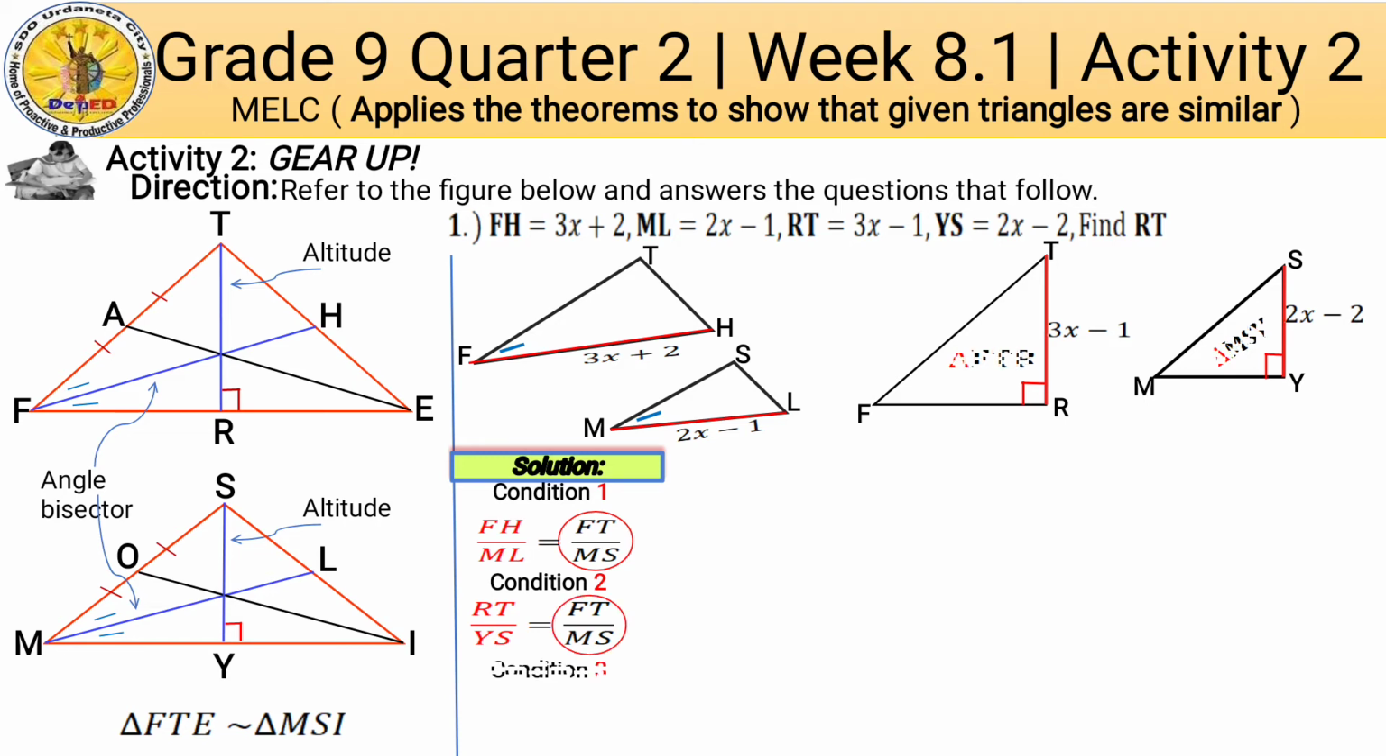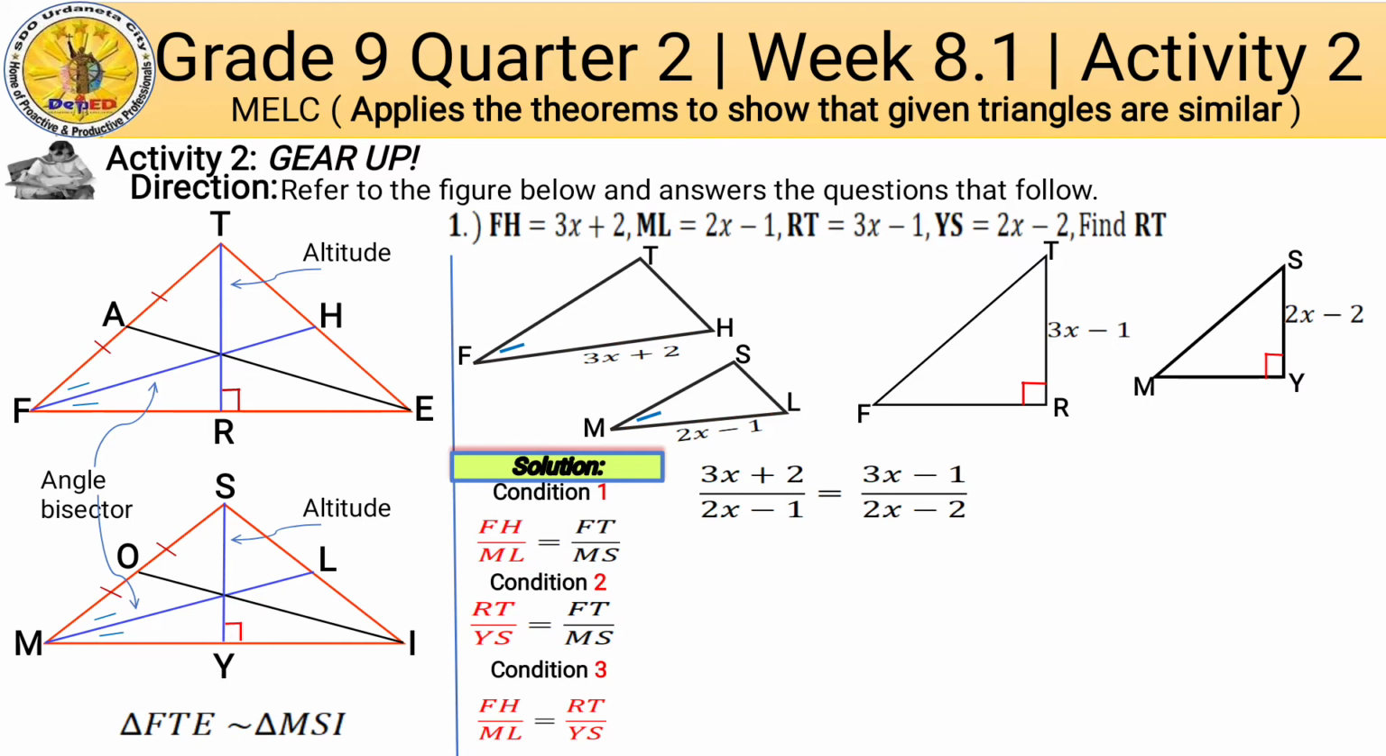For our third condition, equate the two equations. Since both proportions have sides in common, and using substitution, the proportion that we will use is the equal ratios of the angle bisectors and altitudes: FH over ML equals RT over YS. Substituting the values,